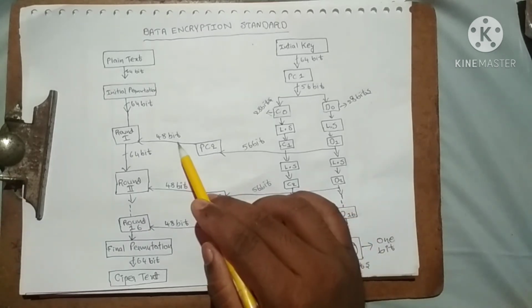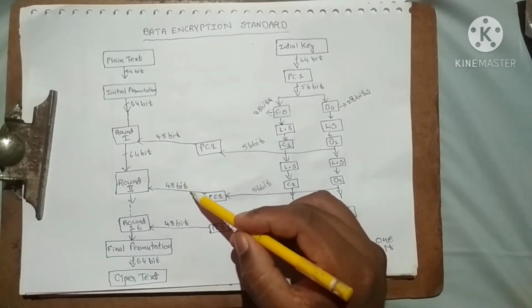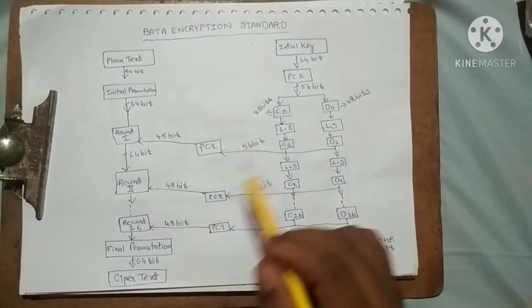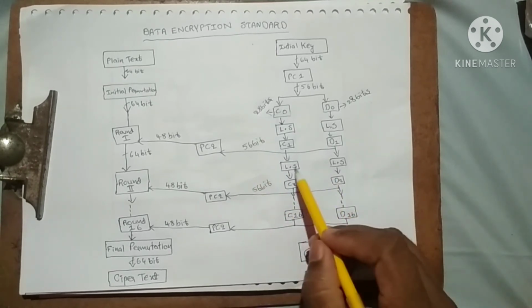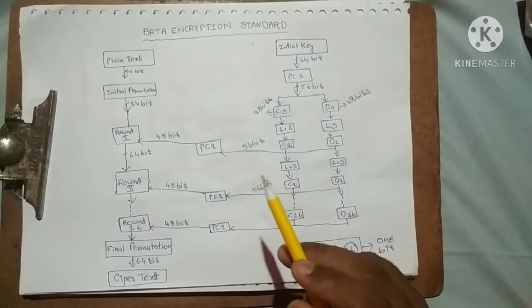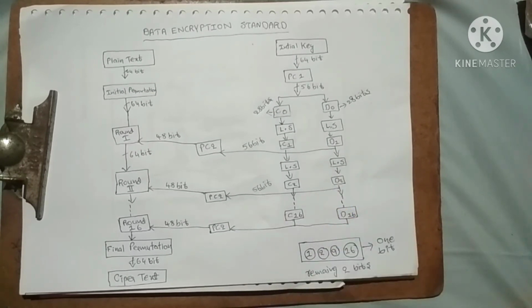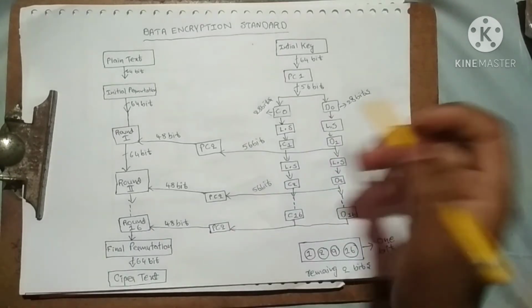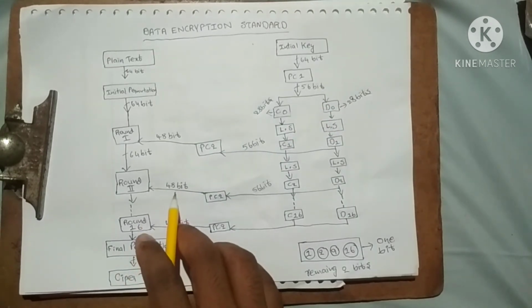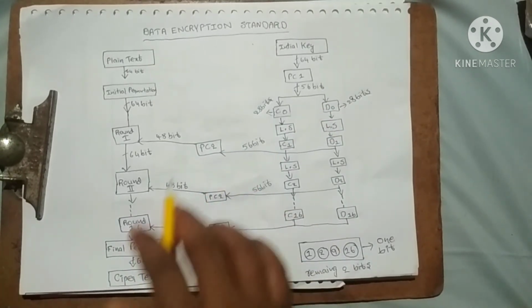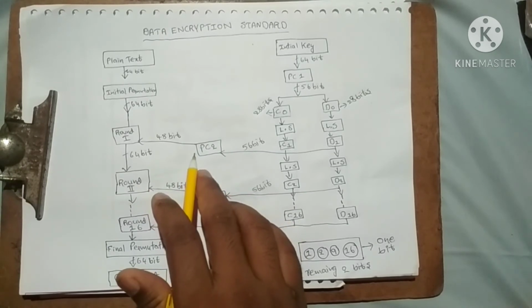Here this 48 bit key and the previous 48 bit key are different, because the combination is changed by the left shift operation. The zeros and ones in the binary code are rearranged, so the order of the arrangement is changed. Once the place of a bit is changed, the code will be different. So the round 2 48 bit key is different from the first round 48 bit key.